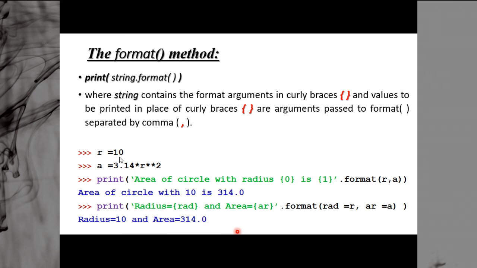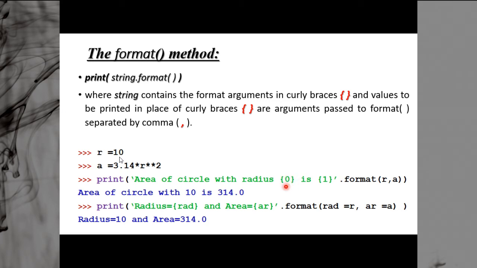You can see here, this is the same program, if you remember, area of a circle. So r is equal to 10, that is your radius, and area is equal to 3.14 into r square, so r to the power 2 is the formula we have written. And in the print statement, I want to print: area of circle with radius 10 is 314.